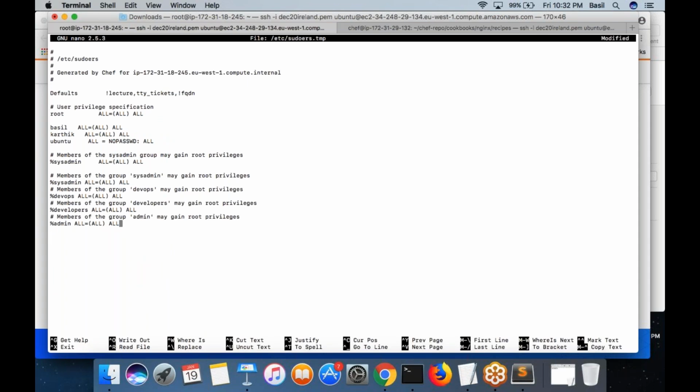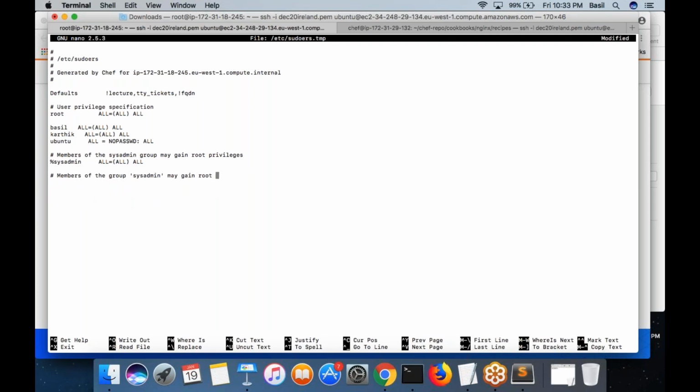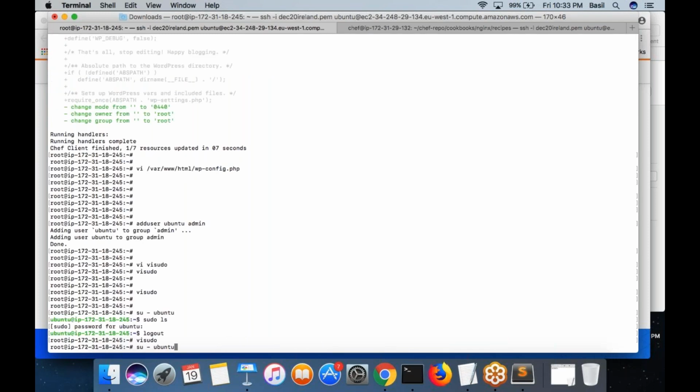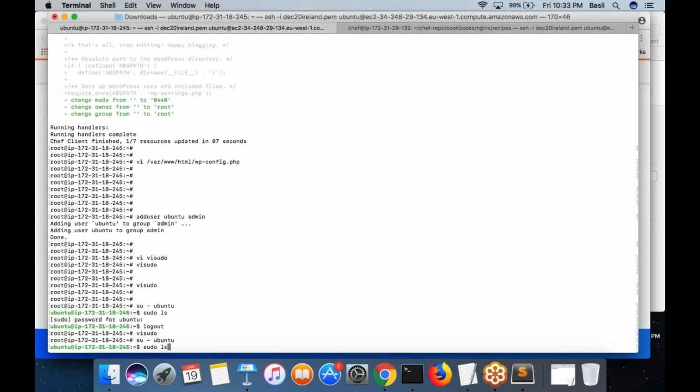I am removing all these lines. Okay. Now let me become ubuntu and run sudo ls.